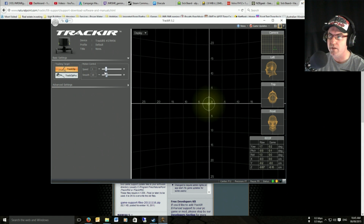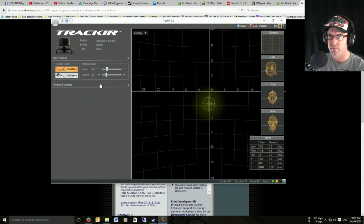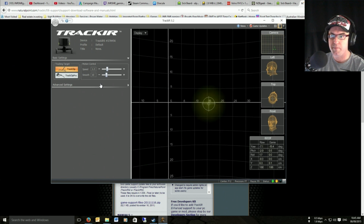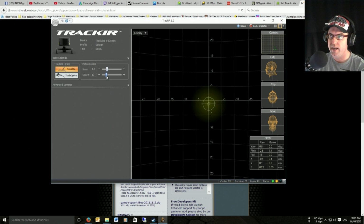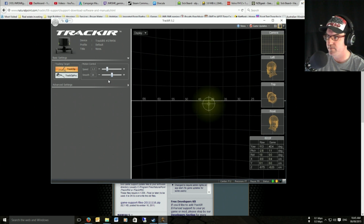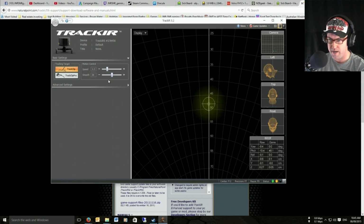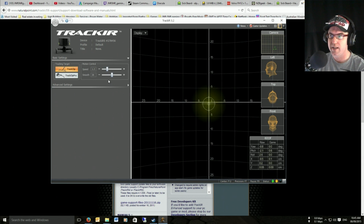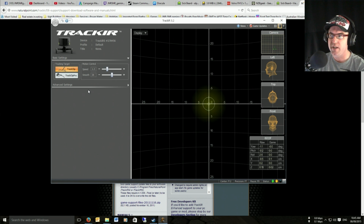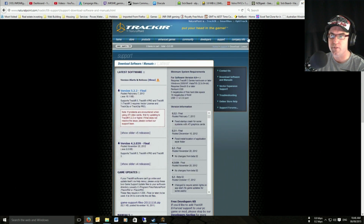So I will change the speed though, only slightly. See, that's a bit better, so I don't have to turn my head so much, but I can still look around and make it more smoother. See? A lot more smoother is a lot better. But see how, I like how it locks back in the position there, see? It locks back in the center. So now, once we've actually got that, all we need to do is drop that down, and we can then